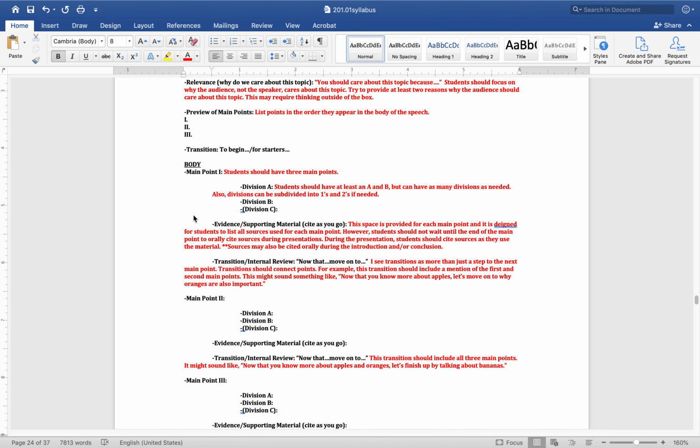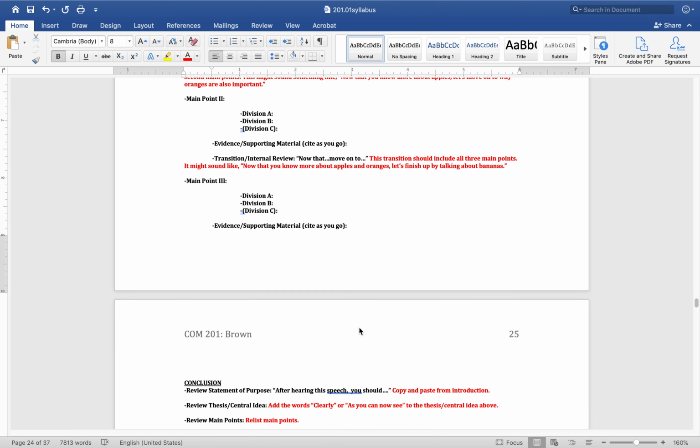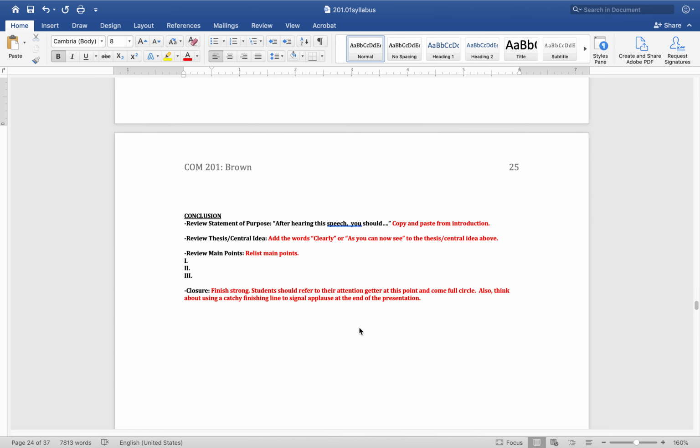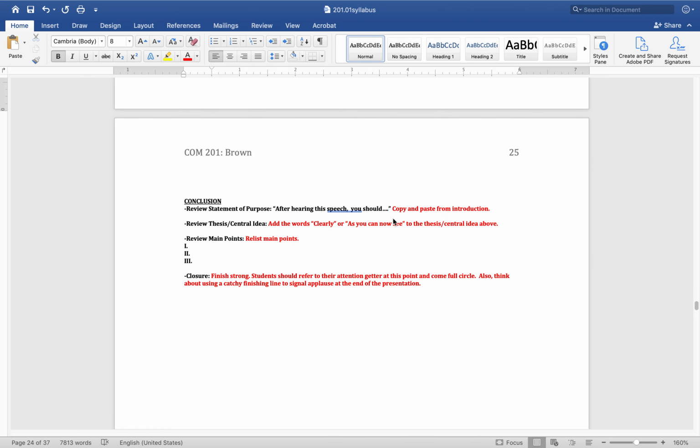So here, again, as I mentioned, you need 3 main points, and we talked about the A's and the B's and the 1s and the 2s. We've talked about the supporting material. This is where that can go. We've talked about the transitions as well. Read through that on your own, but I will go on down to the conclusion here and say, look at